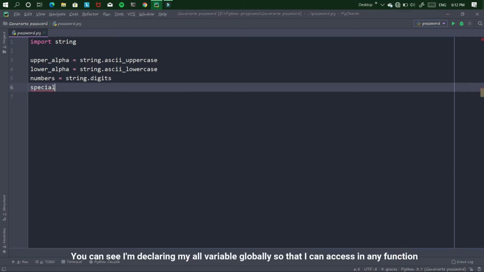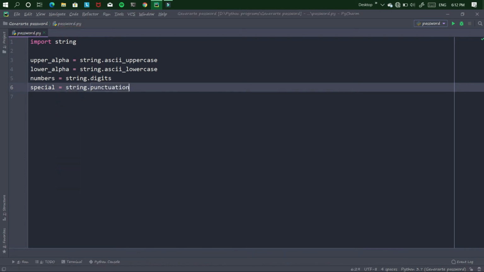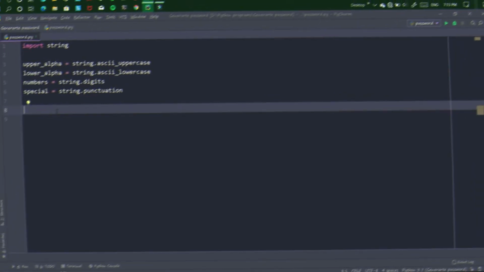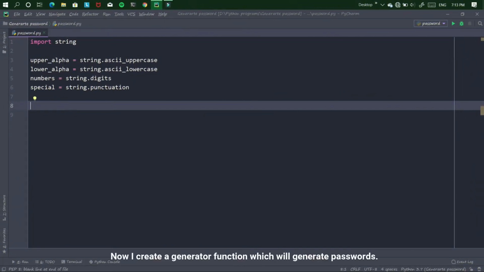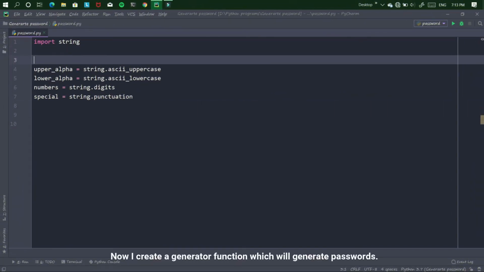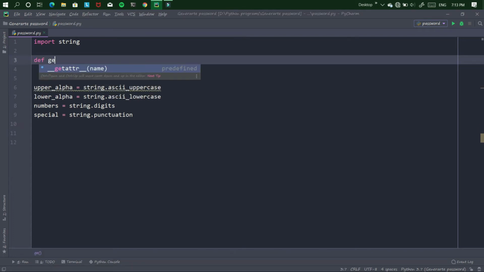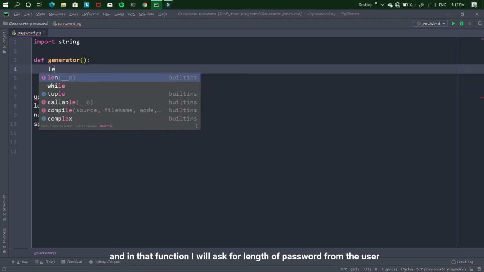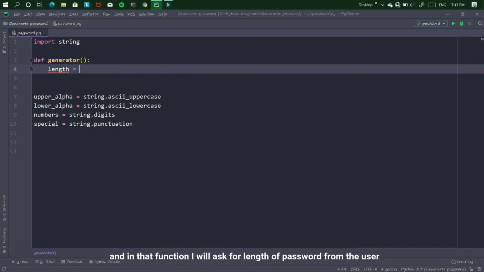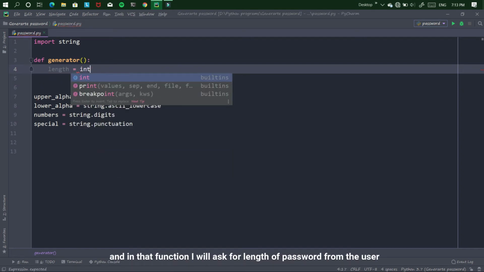You can see I'm declaring my variables globally so that I can access them in any function. Now I create a generator function which will generate passwords. In that function I will ask for the length of the password from the user.